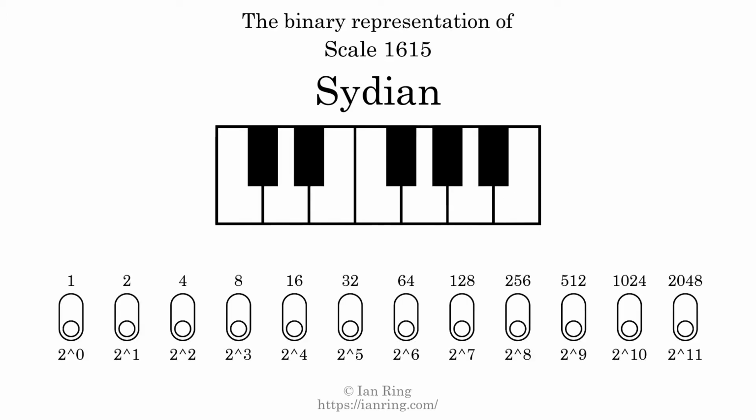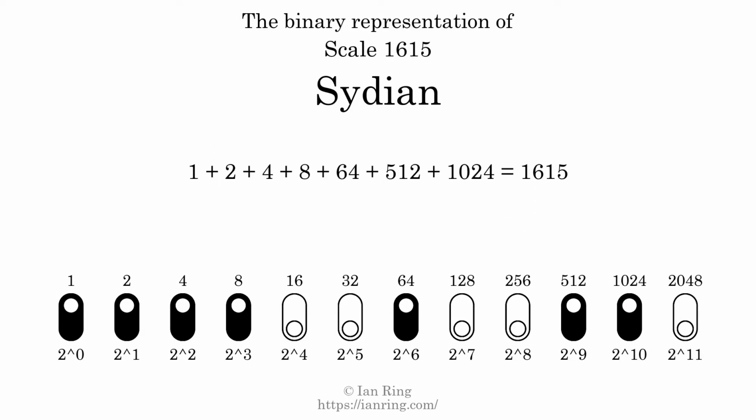The binary representation of this scale is determined by mapping tones of the scale to binary digits. Each binary digit represents a power of 2. To get the scale number, we add the powers of 2 together. The powers of 2 that are present in the scale, all added together, equals 1615. That is why the scale number, in decimal, is